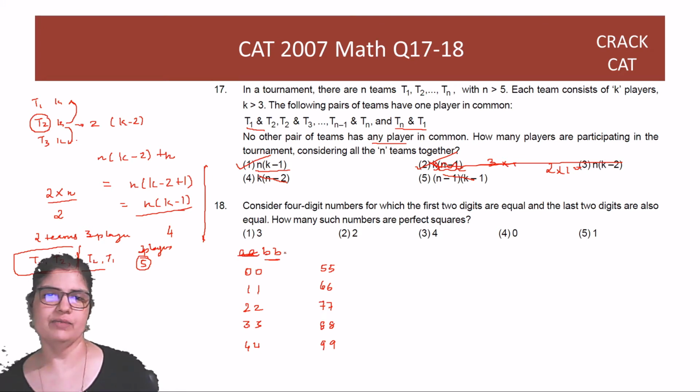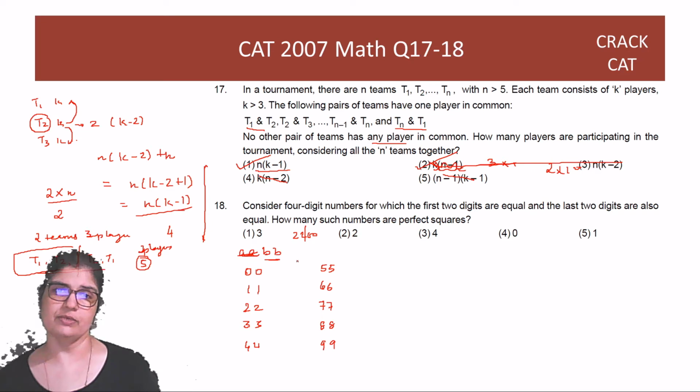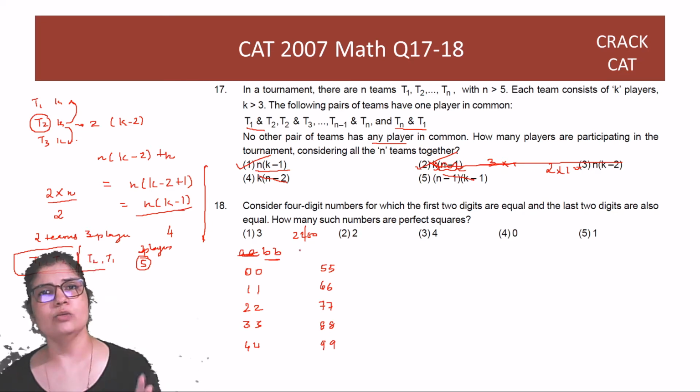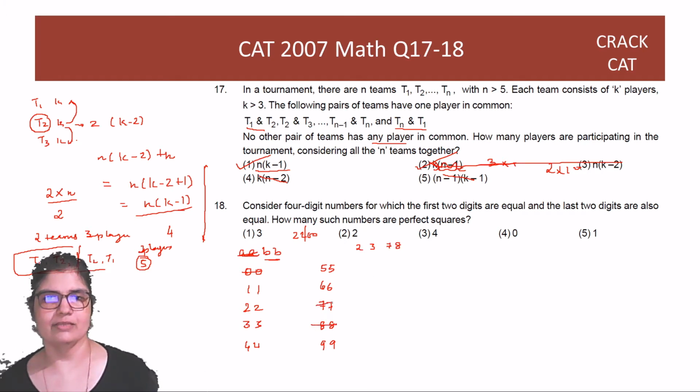Now, if you have BB as 0 0, that means your perfect square is of the form, let's say 2 2 0 0 or 3 3 0 0, right? तो उसमें it means कि double A is a perfect square because into 100 अगर perfect square है तो original double A भी perfect square होगा, जो ऐसा नहीं है, right? We don't know any 2-digit perfect square with both the digits equal, तो आप 0 0 को bye bye कर सकते हैं, ठीक है? Now, what other numbers can we remove? We know that a square cannot end in 2, 3, 7 and 8. तो 8 8 नहीं हो सकता, 7 7 नहीं हो सकता, 2 2 नहीं हो सकता, 3 3 नहीं हो सकता. Okay, तो इतना हमने निकाल दिया.